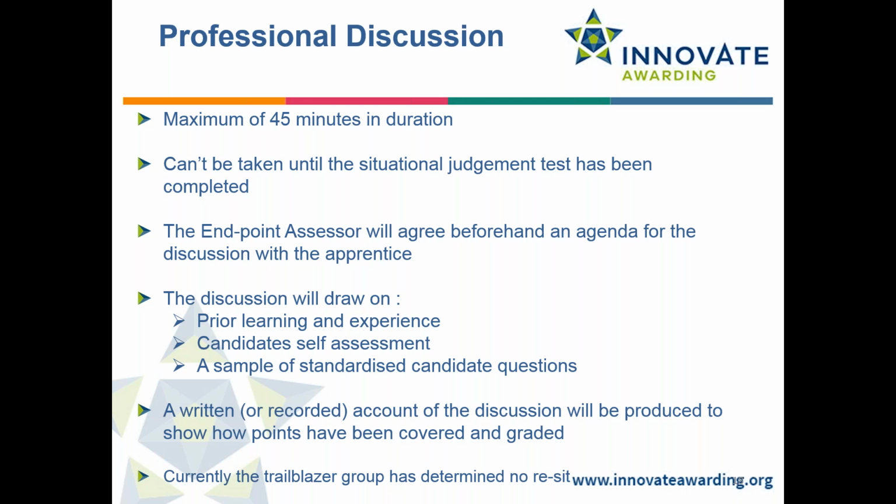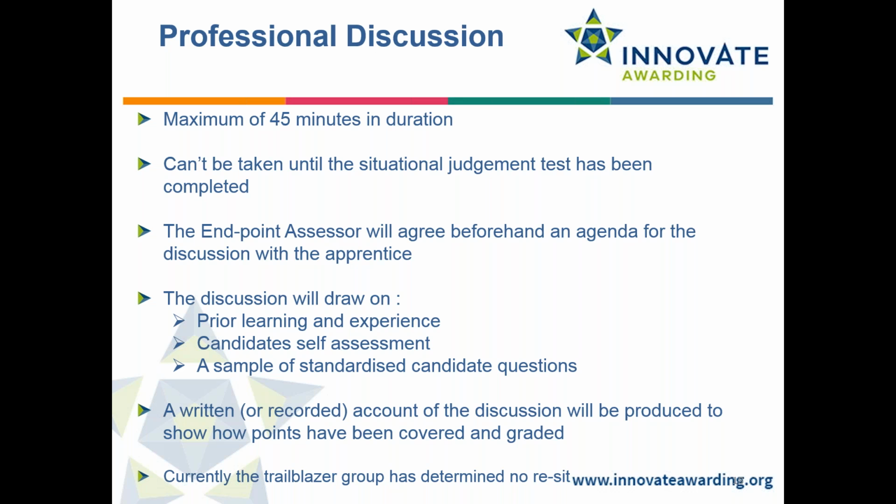Now, the professional discussion itself, there's three key stages in organising a professional discussion that an assessor and an apprentice will have to consider in terms of preparation. So those key stages: prior planning. There's a lot of preparation that needs to go in place through what the apprentice needs to do to prepare, but also for the assessor to provide upfront information to the apprentice as to how the professional discussion will work. Facilitating assessing, so the actual